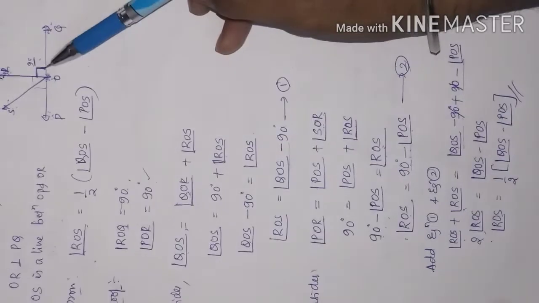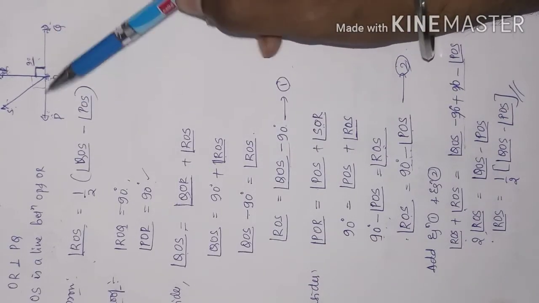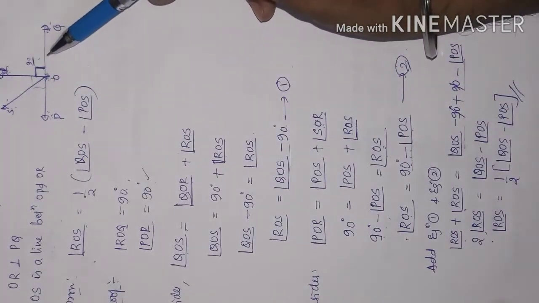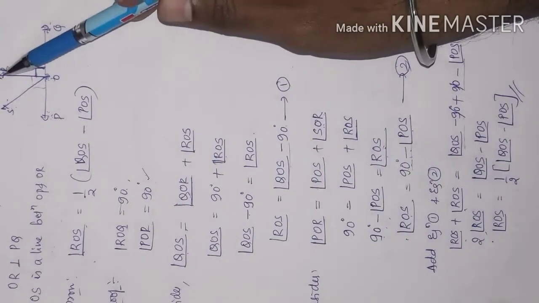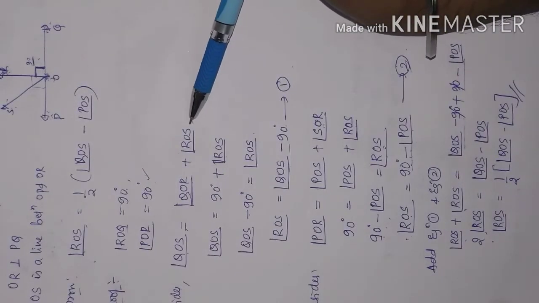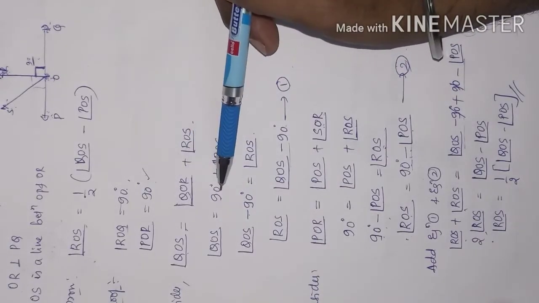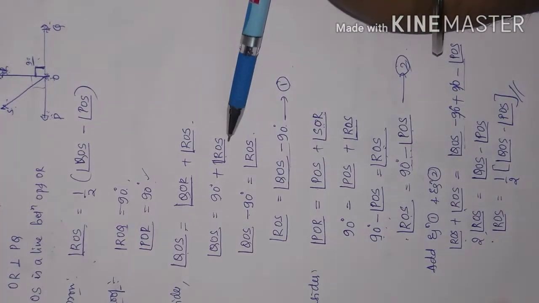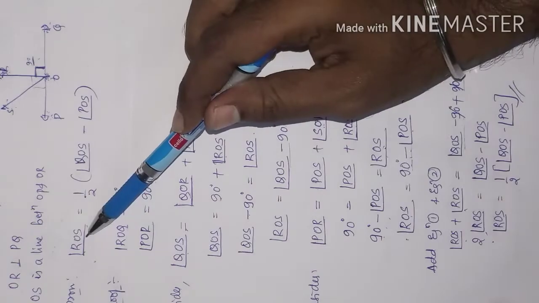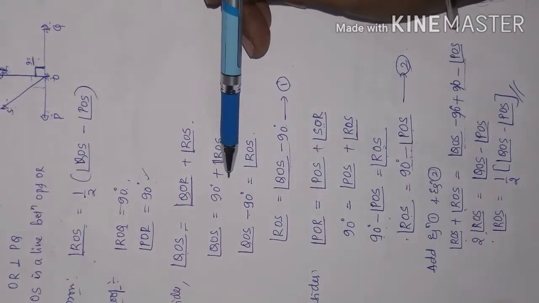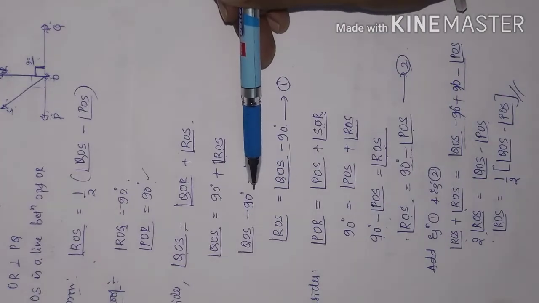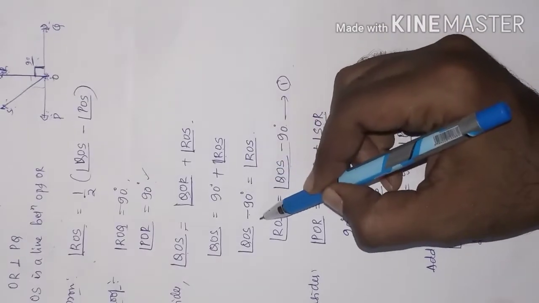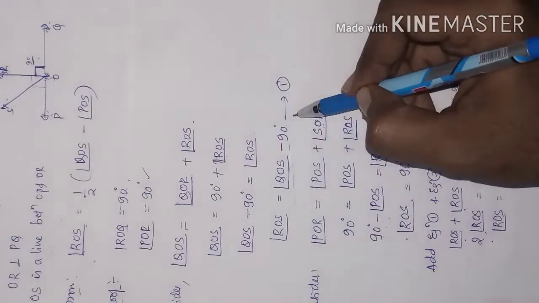Angle ROQ is 90 degree and angle POR is also 90 degree. We wrote here, we will consider that QOS as an angle. Then under that angle what comes? QOR and ROS we wrote here, and QOS as it is we kept. Angle QOR we are writing as 90 degree because it is given in the diagram, and ROS I will keep as it is. Now we require ROS only in the proof, so leaving this ROS I will shift the entire term to the LHS. See here, and later both the terms I will shift. ROS comes to LHS and QOS comes to RHS, and this is equation 1.